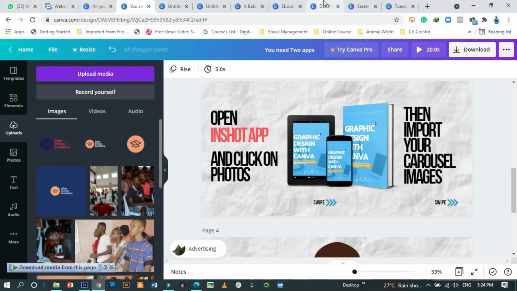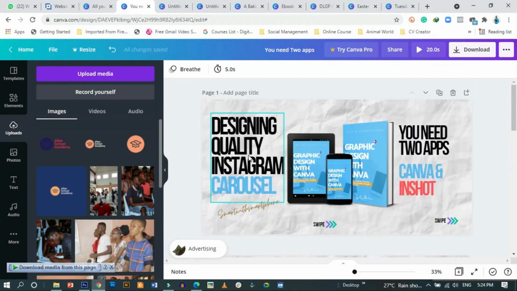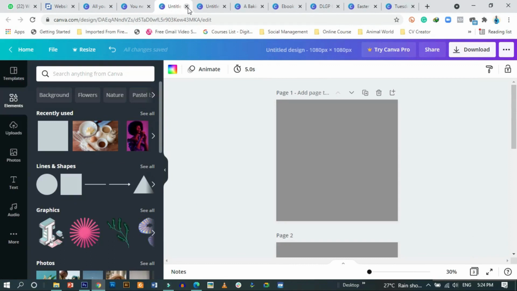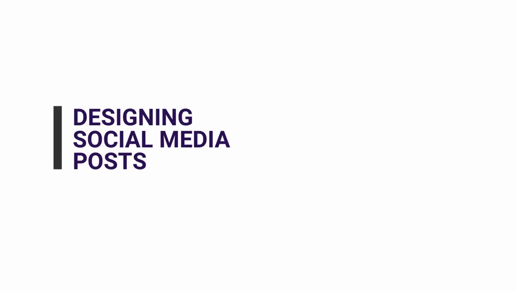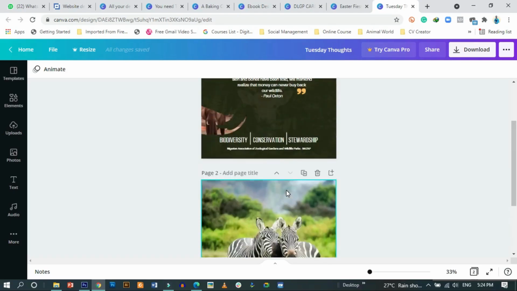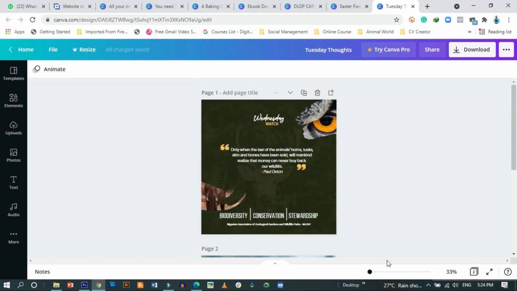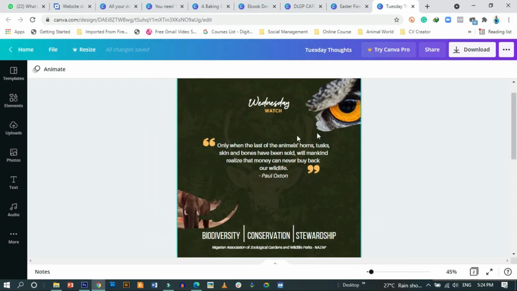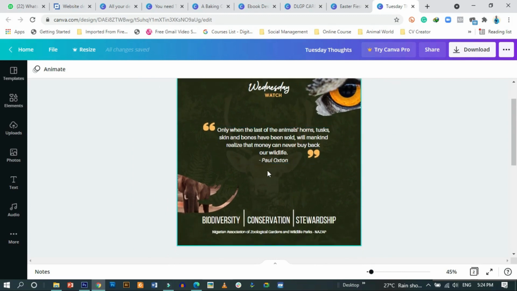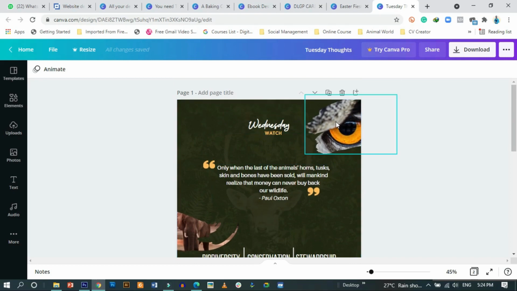Welcome back. So now we have seen how you can design your carousel, make your carousel post. So let's see, how do you design social media posts? How do you carry out social media posts? So this is a sample social media post that was made for a particular organization, and this is for a quote. Just like we have always been doing, set your page to 1080 by 1080, then you put in your